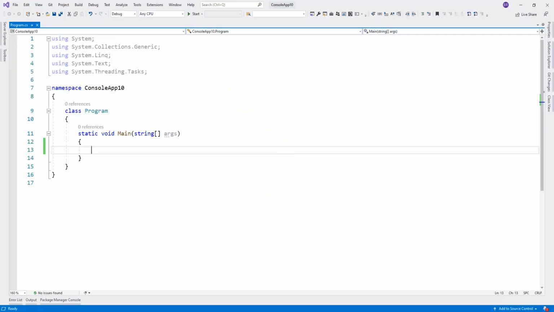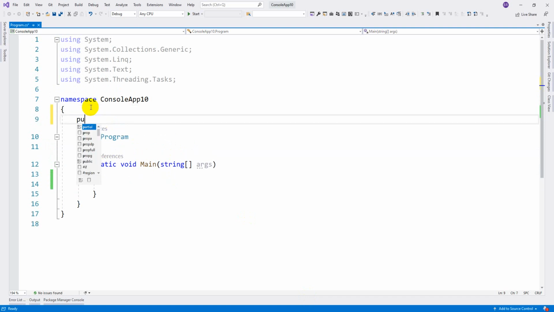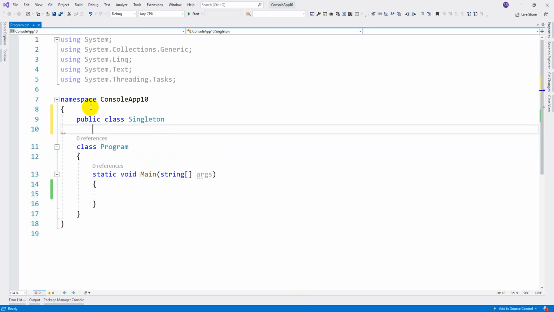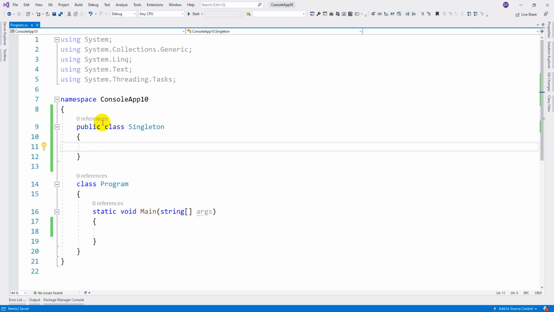Now let us implement a program that is going to demonstrate how to use this singleton design pattern. We are going to create a console application, guys. You can also implement the same program by using .NET Core and .NET Framework. Here let me create a simple public class singleton. Don't assume a design pattern will contain some predefined code or anything. You need to implement it, just as we implemented MVC with models in a separate folder, views in a separate folder, controllers in a separate folder.